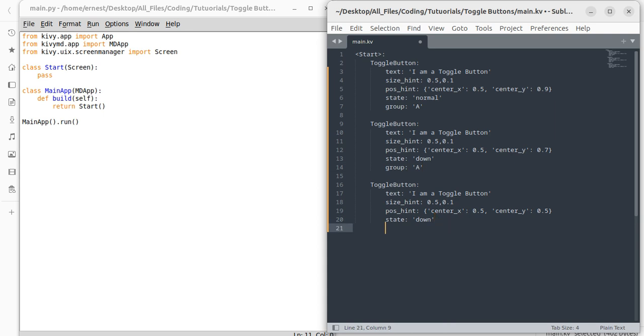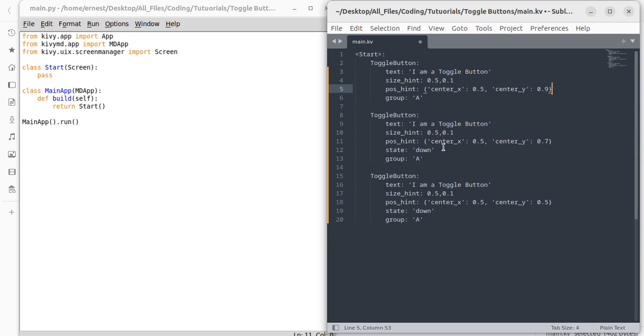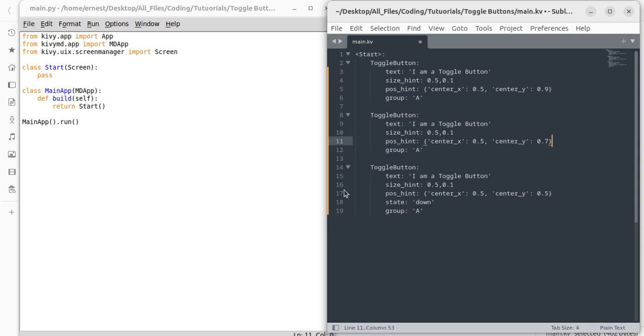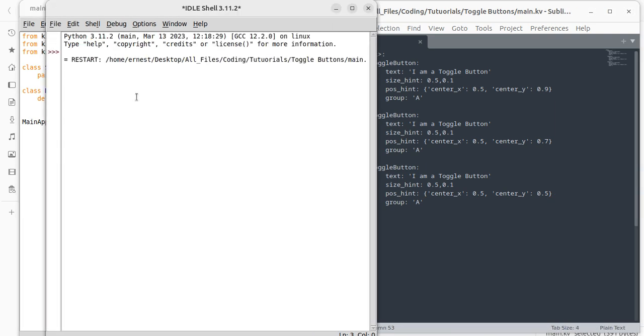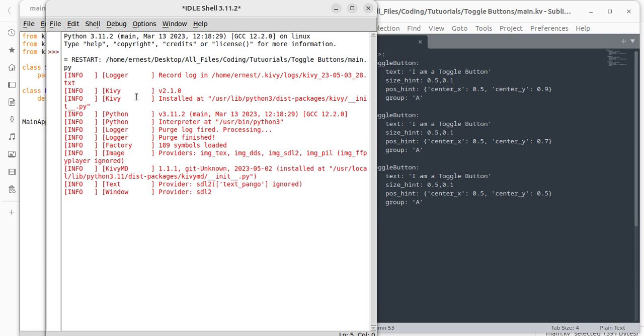Then let's say group A. All right. Okay. And then let's remove the state here. Okay. So now when we run this, as you can see, or as you will see,